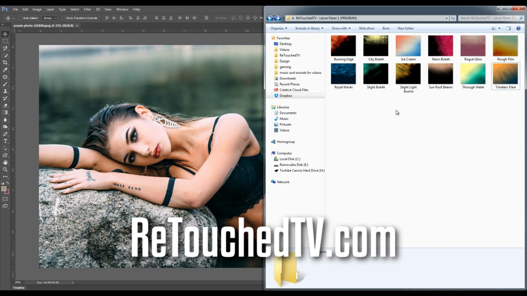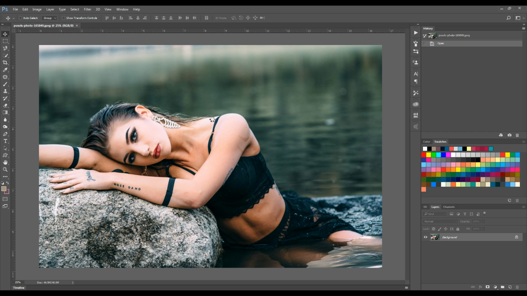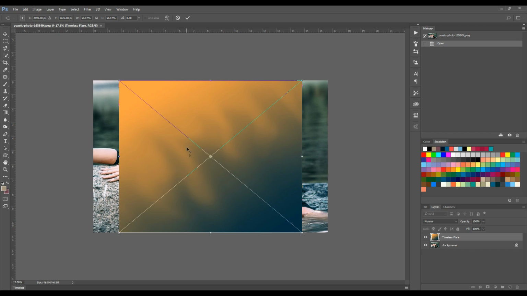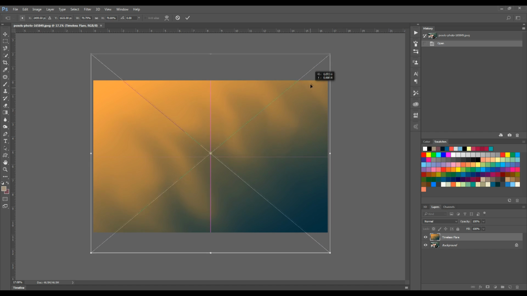So the way this works is we find the one that we want to use, and in this case I want to use the timeless flare. It's actually one of my favorites. I'm just gonna put that in here and it's gonna look very plain. It's just a gradient with some little effects and textures right here. I'm going to resize this to fit the entire image,